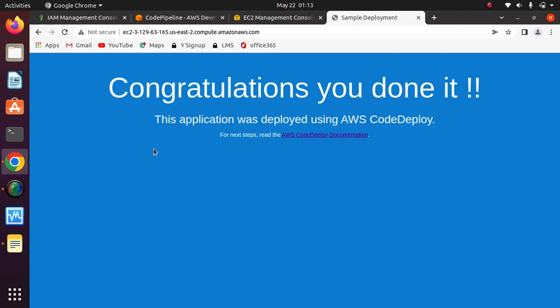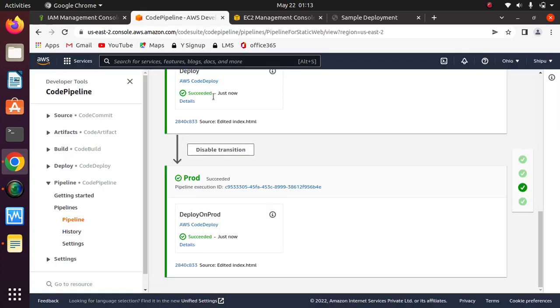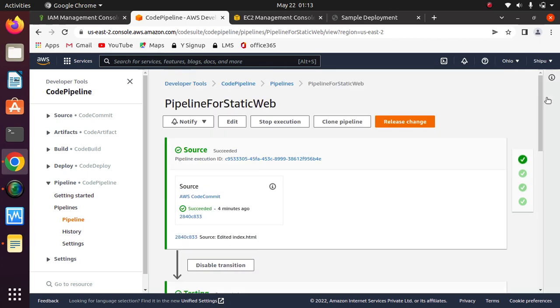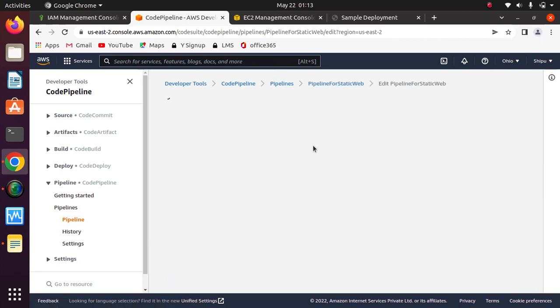So there is one more thing I just forgot to add, that is we can also provide manual approval before deploying on prod, right? If it directly deploys on prod, this is not good, right? So there is some approval needed. So for that reason, again we need to edit,